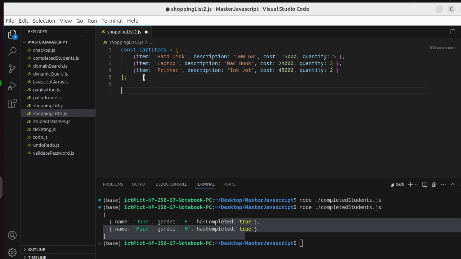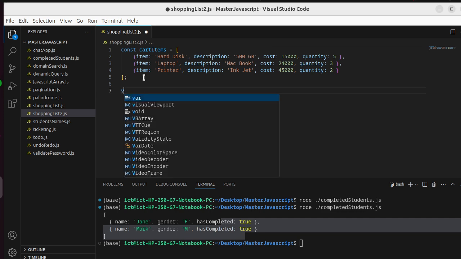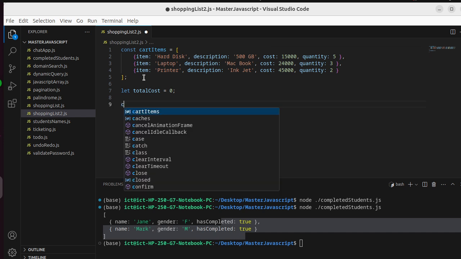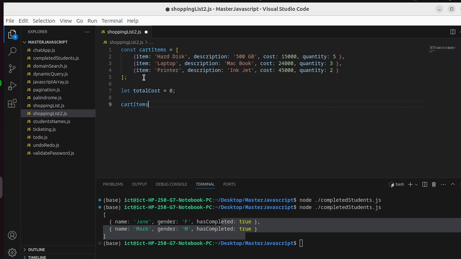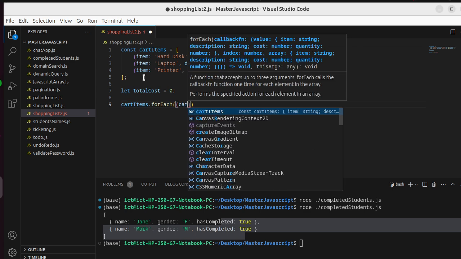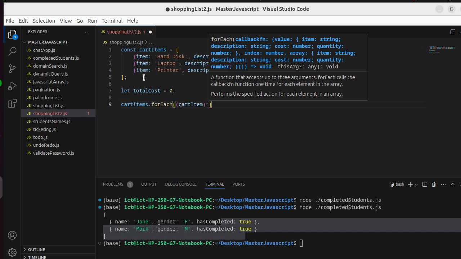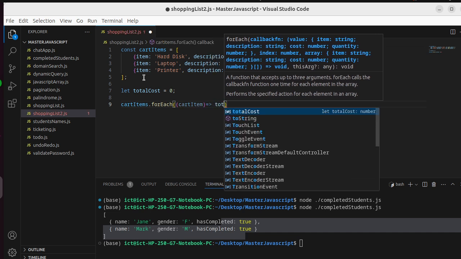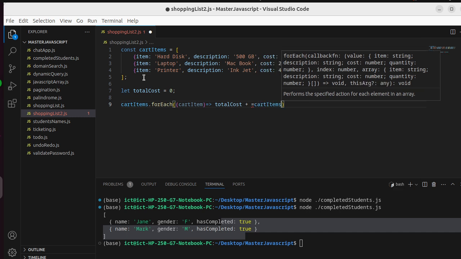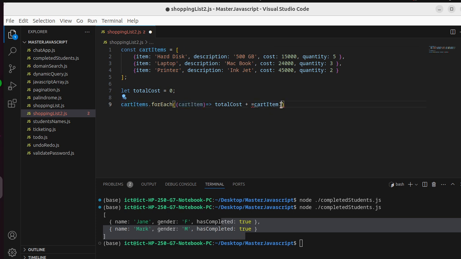Now let's calculate the total cost. So I have a variable that I'm calling here, let total cost be 0. That will hold the total cost of these items, and then I'll be making use of the for each. So I will call cart items dot for each, and then I'll be passing in the cart item. Then I'll be using an arrow function there and talking about total cost. Again, the new total cost will be given by an iteration of the cart items. Remember, this is the cart item, so with this cart item, I have the cart item element, dot let's say cost